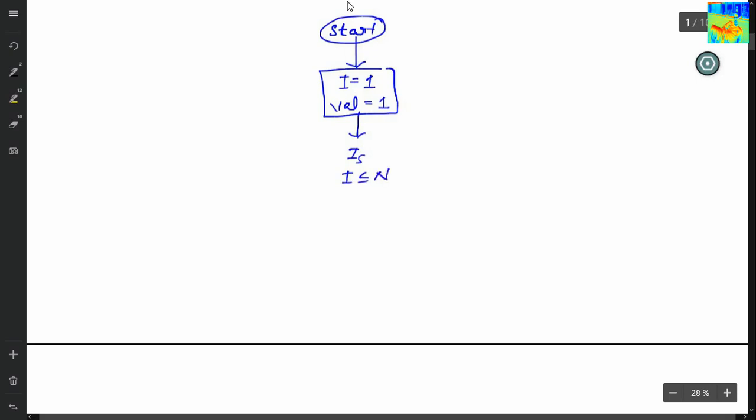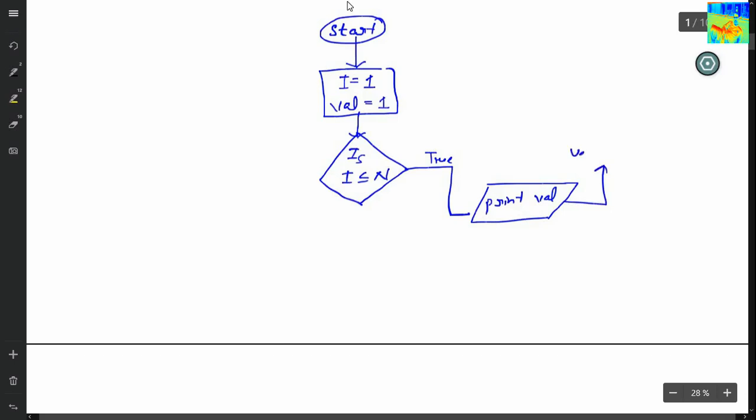This condition is used to run the loop n times. If this condition is true, I will print val and increment val by 1. So val equals val plus 1. And now I will be incremented by 1 as I want to run the loop n times.